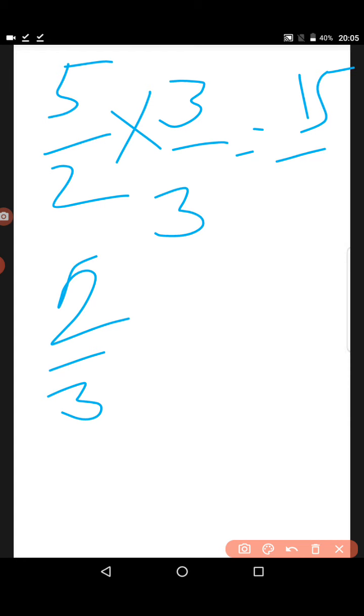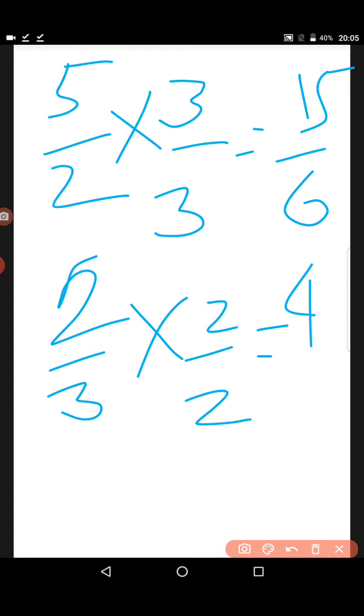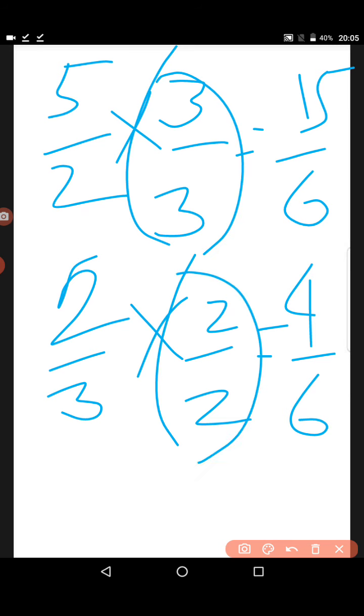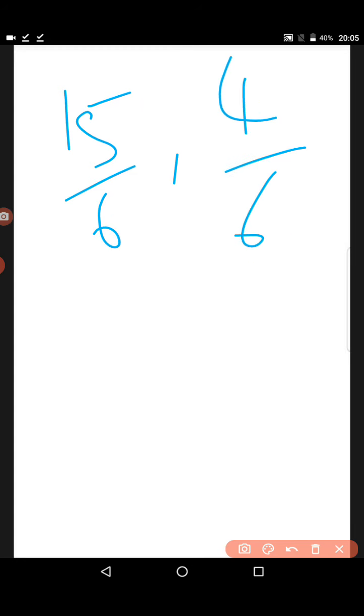15 by 6. These are really very easy because they came in fractions also, right? So till this age we would be knowing. Making this equal, these are the equivalent fractions. Yeah, we made it equal. Our fractions now are 15 by 6 and 4 by 6. Now what are the rational numbers between these? We should find it. If you want, you can draw a number line if you are new to this chapter, or else it's okay, fine.